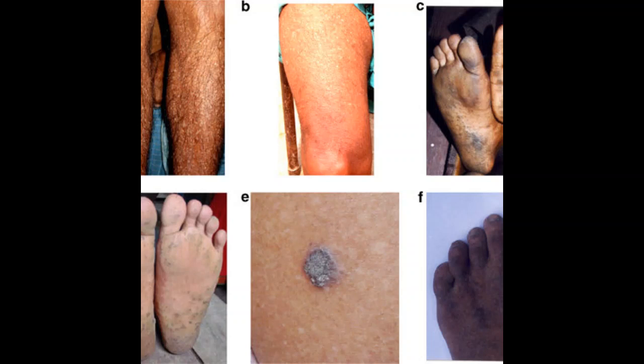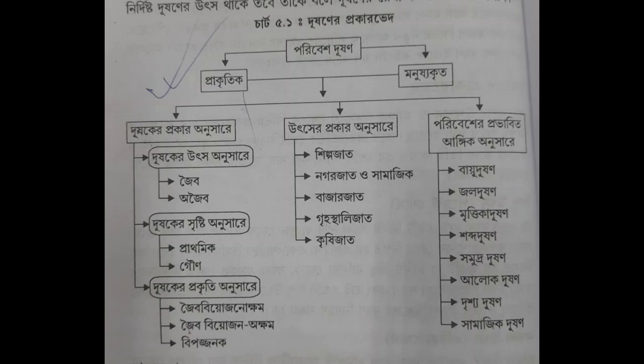If exposed for a longer time to arsenic contaminated drinking water, it can even lead to cancer, apart from different skin problems and skin lesions. Also, we must understand that drinking arsenic contaminated water is associated with cardiovascular disease and even diabetes. And if we look at the different types of pollution, there can be natural pollution or